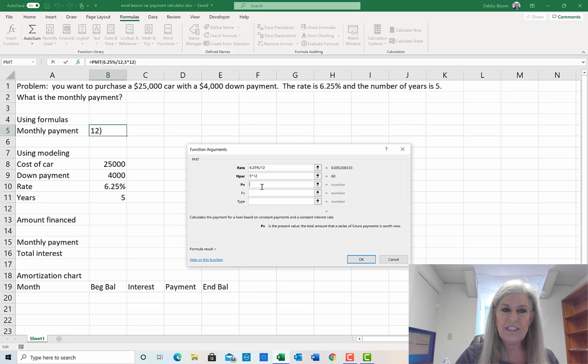And then the PV is going to be the amount we're financing. That is going to be $25,000 minus $4,000. So in the PV, I want to put in $21,000. Now, if I put in a positive $21,000, I get a negative answer because those are payments that I'm making. I spend money when I make payments. So if I'd like to get a positive number as the answer, I just put in negative